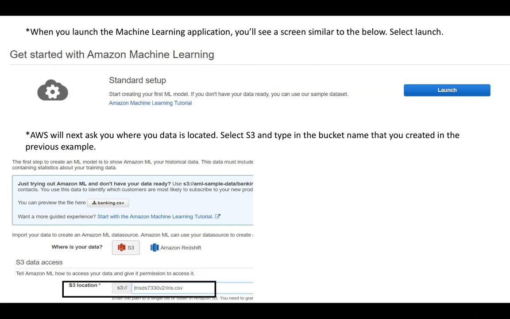So AWS will next ask you where your data is located. Select S3 and type in the bucket name that you created in the previous example. You can use the version 2 bucket, the MSDS 7330 original bucket. It's really up to you. And obviously you can't use those buckets because those are ours, but whatever bucket you've actually created, feel free to